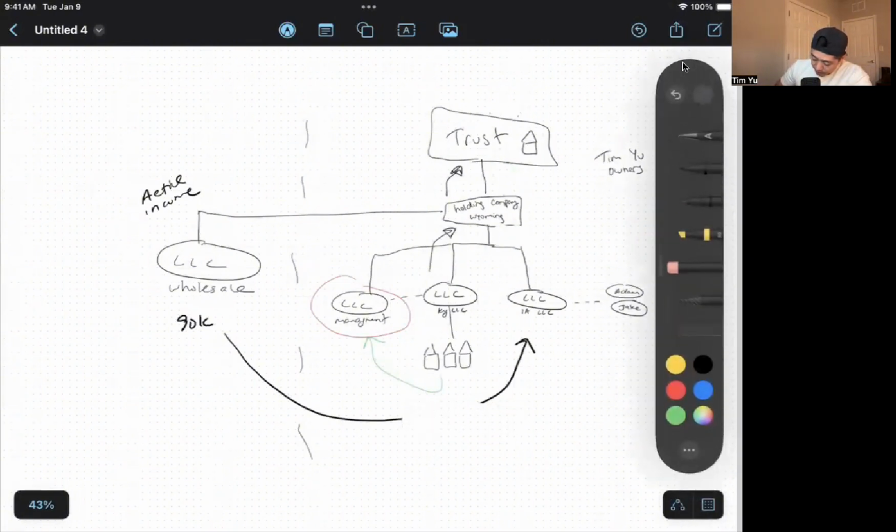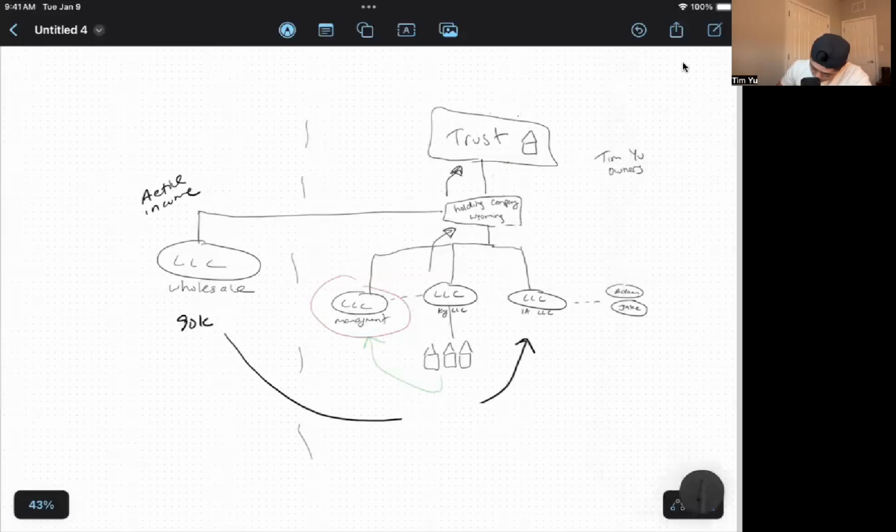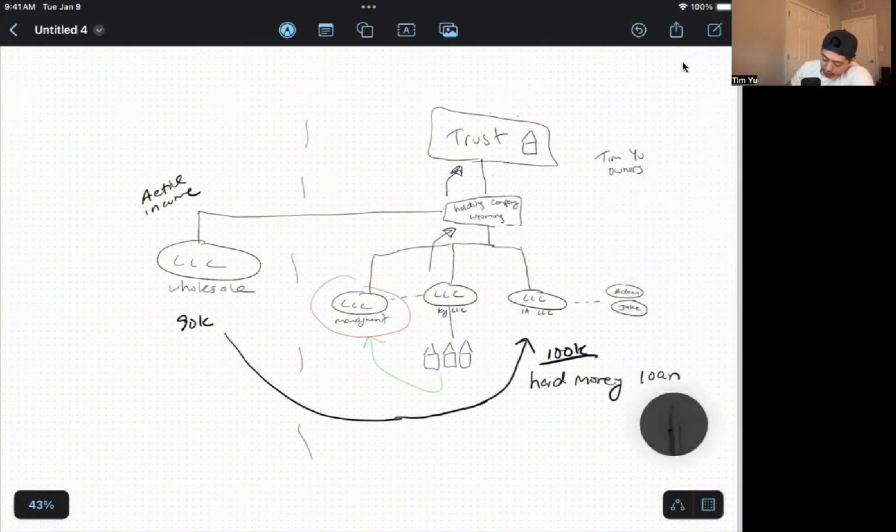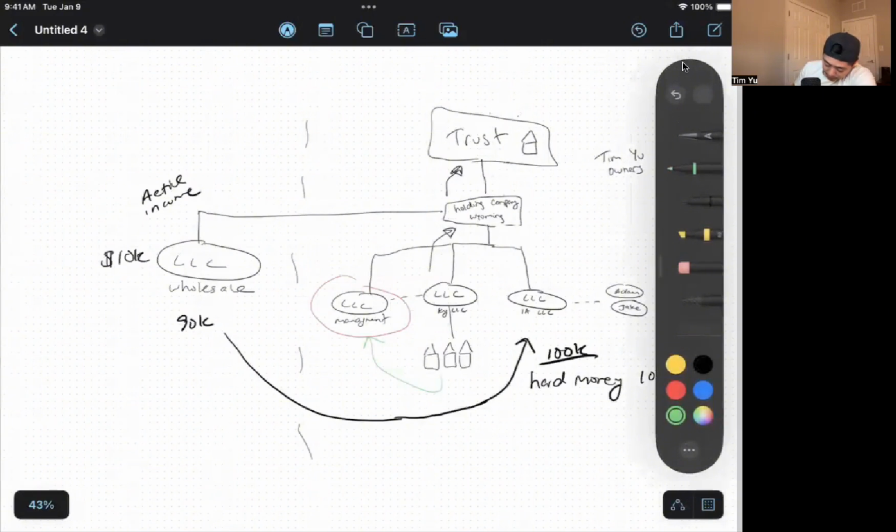This is just an example of what you can do. And we're going to charge you 100K for one of our properties here. The reason why is because I'm going to use a hard money loan, right? I know it's a little off topic, but this is just an extra bonus, right? You want to do a hard money loan, and basically you're charging yourself $10,000. So this LLC makes $10,000 based off the assignment fee.